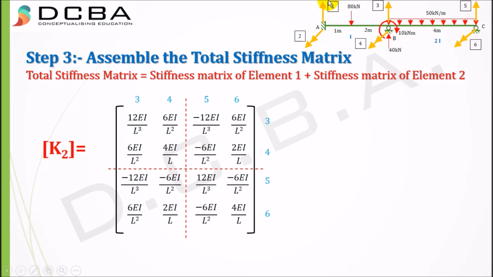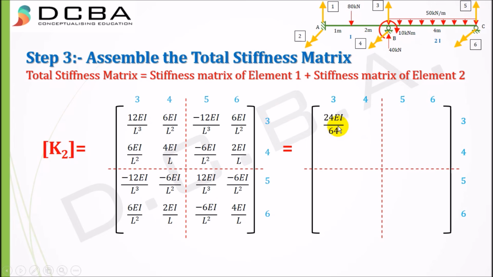For element 1 it was 1 2 3 4. For element 2 it is 3 4 5 6. That is why I have written here 3 4 5 6 and the inner elements as it is. Now we have to substitute the values of L and I appropriately. I is 2I and L is 4. So substituting these values we get